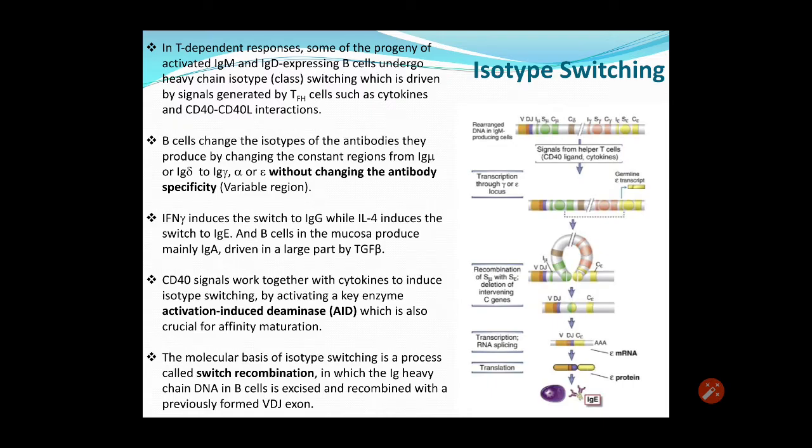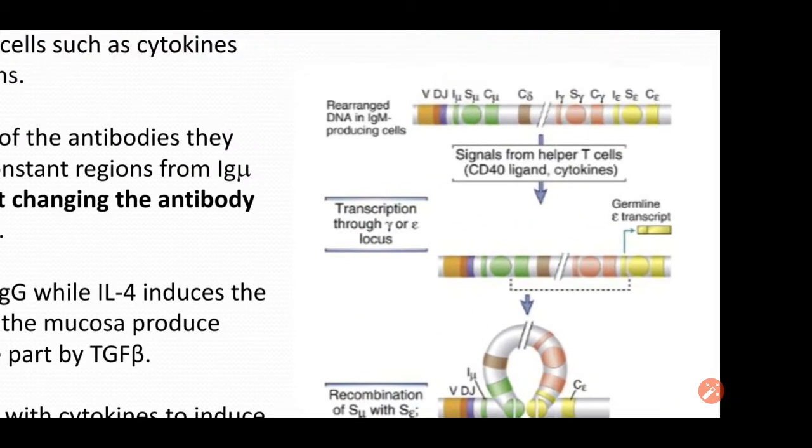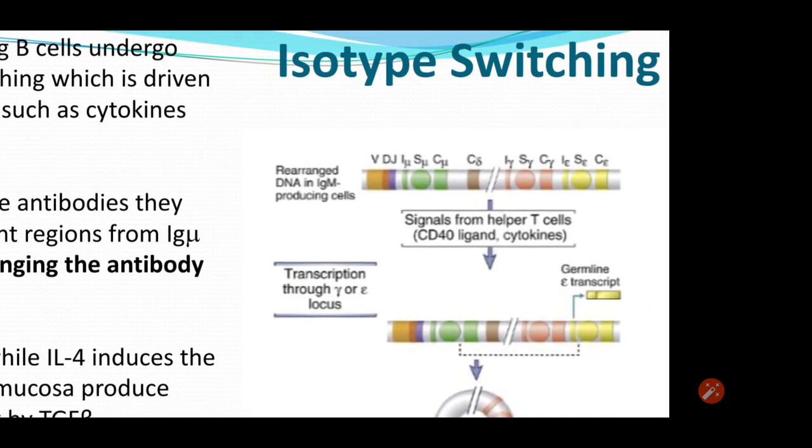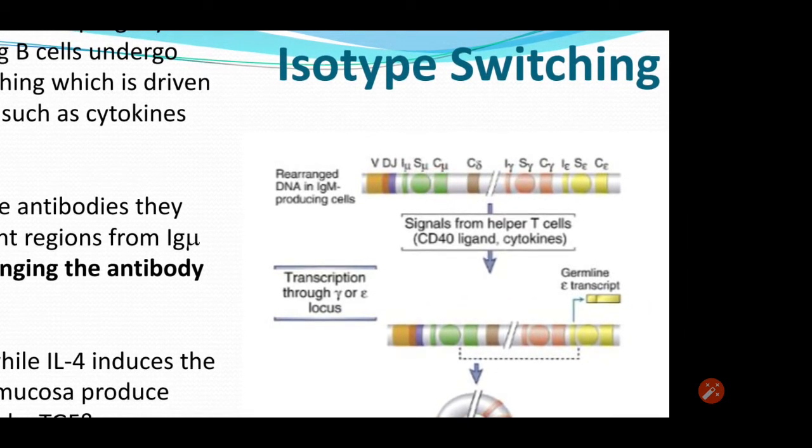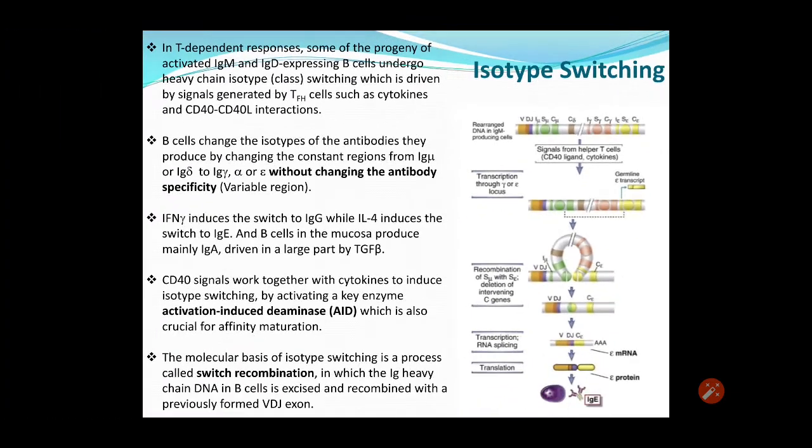So this is why IgM is always the first antibody receptor expressed. But with the aid of the follicular T helper cell, it induces an enzyme within the B cell called activation-induced deaminase, or AID. And what this enzyme does is it creates a loop